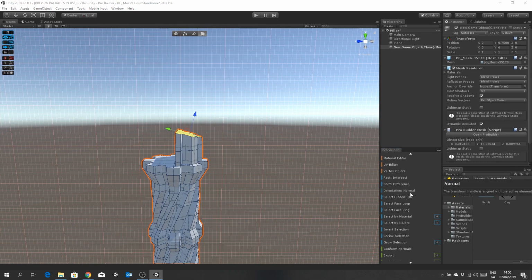Local. There we go. So the orientation button, really handy. You can actually change the way your transform tool will work. So you can go global, local, and then you can go by normal. So the actual normal of the face, I believe that is. So let's extrude out 1, 2,